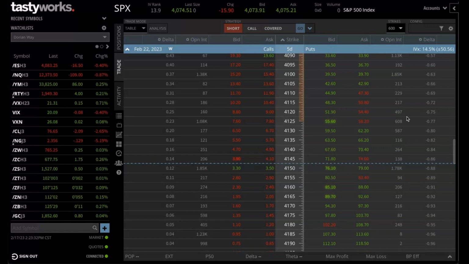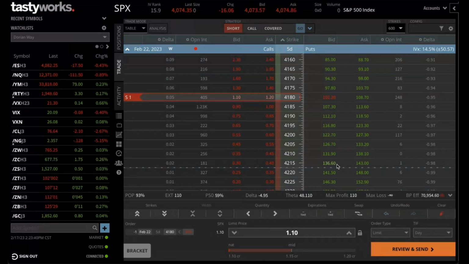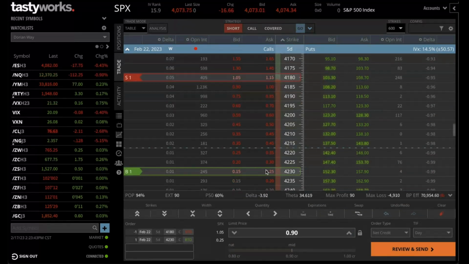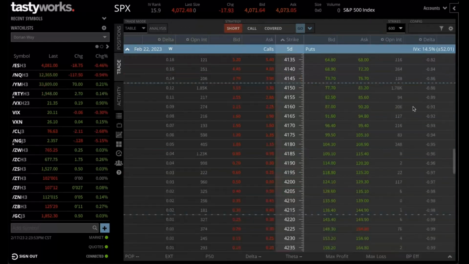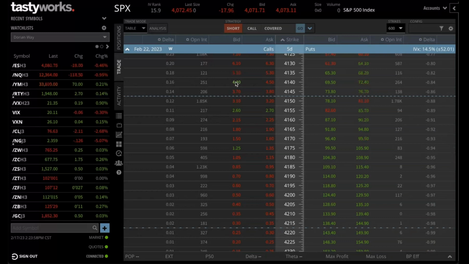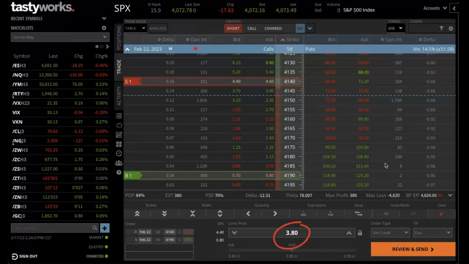So for example purposes, if I had this five delta here and I did the 50-point wide again that we were looking at, right? Well, the max loss on this is 49.10, because I'm only receiving $90. But if I went up and started this trade, let's say at this 16 delta, and I did a 50-point wide, then you can see now I'm collecting more, so my max loss is about $300 less. Okay, it's about $300 less because I'm collecting about $300 more. So just by going from a 5 to a 15 delta here, but keeping the width of the spread the same at 50. So, keep that in